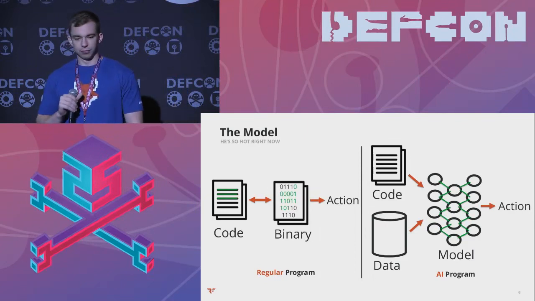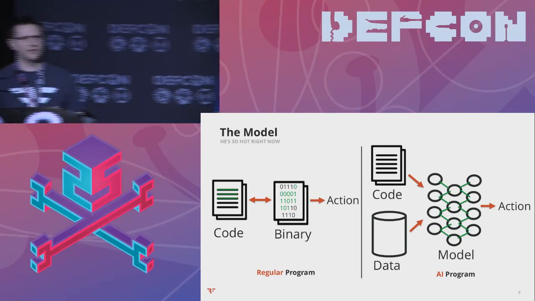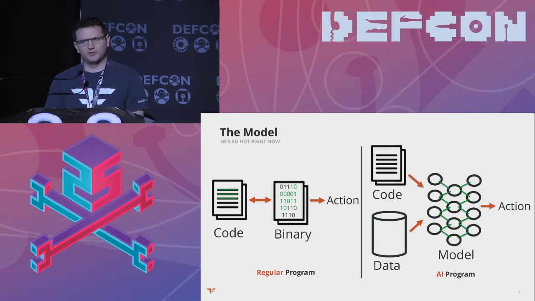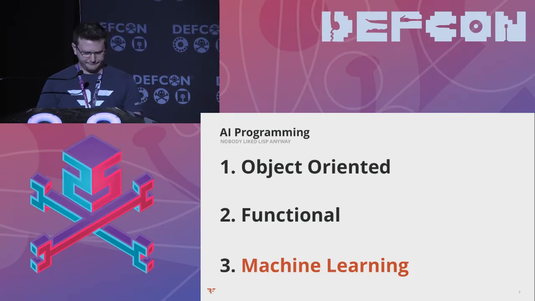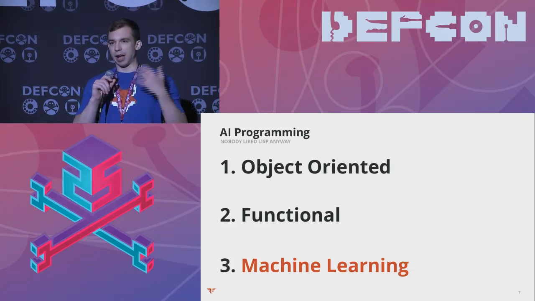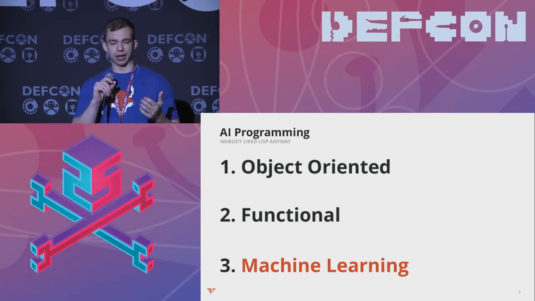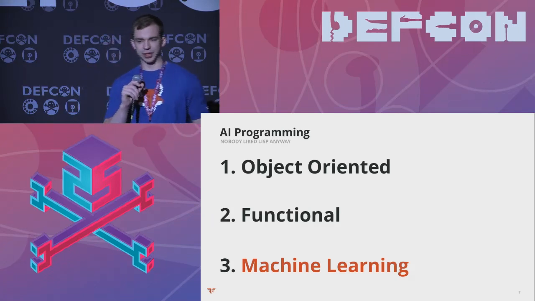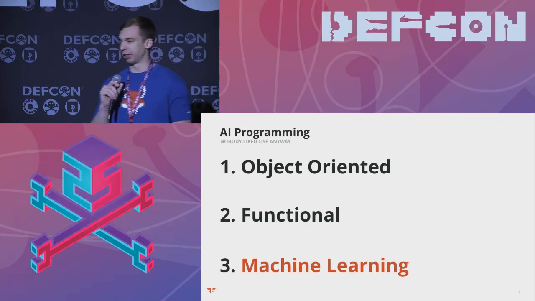Yeah, so we're going to be talking quite a bit about the model going forward, and that's an important piece to take away here. That's the thing that does all the smarts in your program, as opposed to the code that you actually write. When I was learning how to do this stuff, I know a little bit of math, but I'm not from a heavy math background, so I had to take a different mindset to the programming, and I consider it a different paradigm. You have to formulate your problem a little bit differently, kind of how functional programming is a little different from object-oriented or imperative programming. You definitely have to think about it slightly differently.